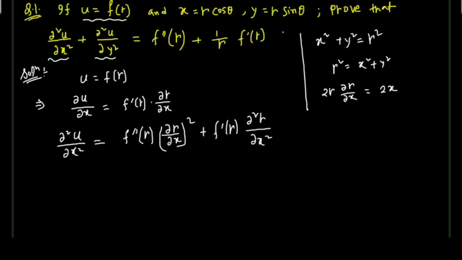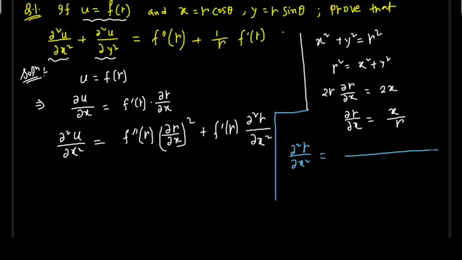So ∂r/∂x will be simply x/r. Now if we take differentiation again, then what we will get? If we take differentiation again, then we will get ∂²r/∂x², that is equal to r² in the denominator, and then